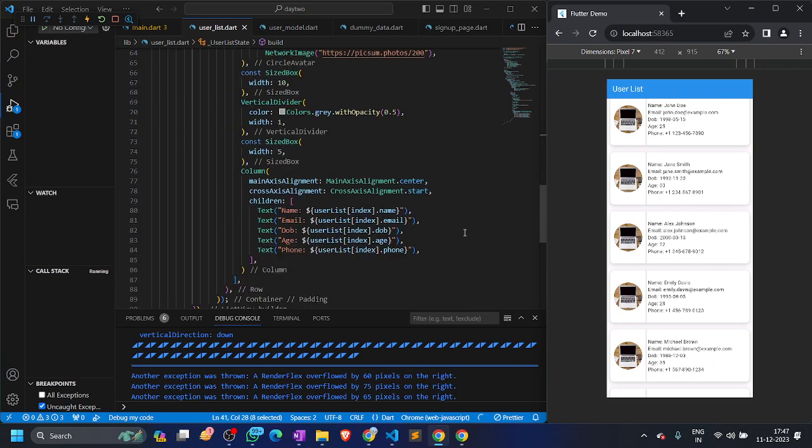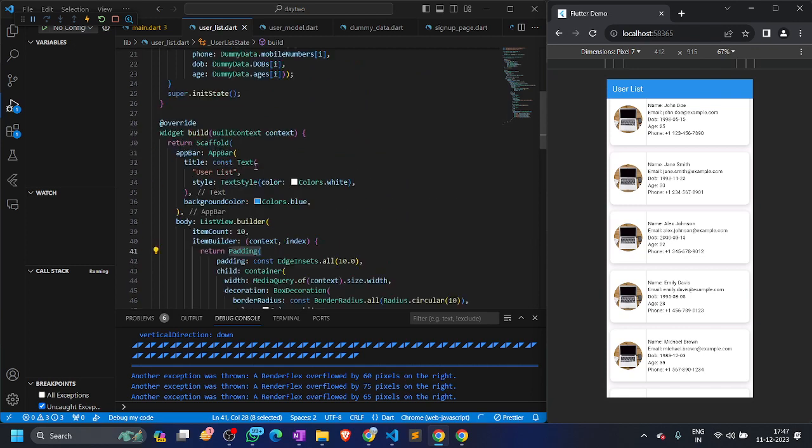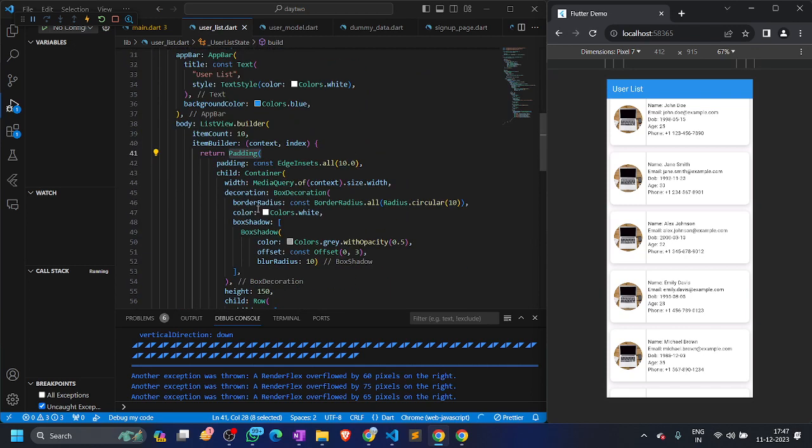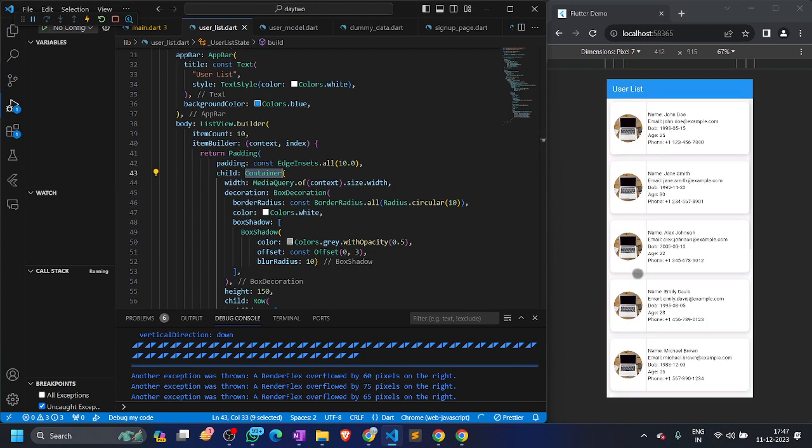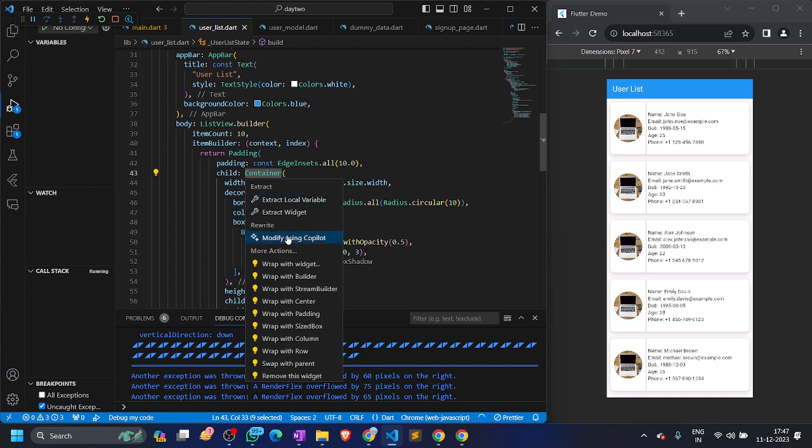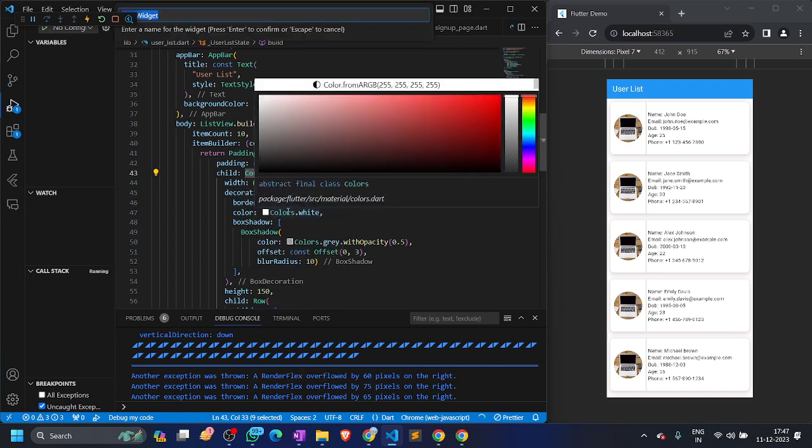Okay, so for now the container is inside this parent widget of list view only, but since this one is common for all the values in the list view, we can just make it a separate widget and pass the index into it so that it becomes more readable. So let's extract this widget. We can extract it using this, and let's call it